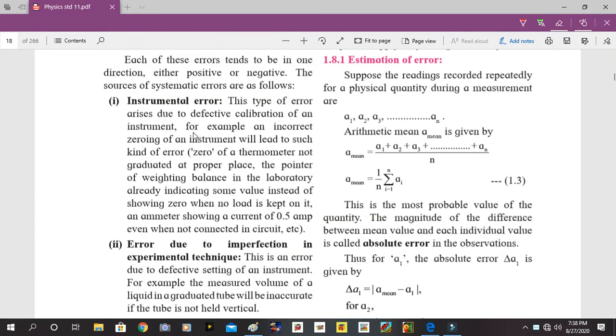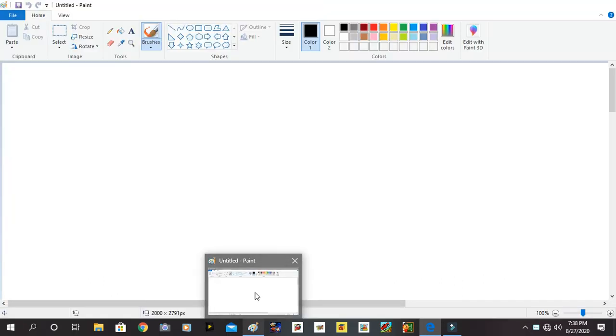We have already learned the types of error, how errors can be introduced in the given measurement. Now we have to find out how much exactly the error is introduced. What is the percentage of that error that we have to find out. To find that, we have an article with the name estimation of error. If you remember, we have learned in precision that for having maximum accuracy, we need to take maximum readings.